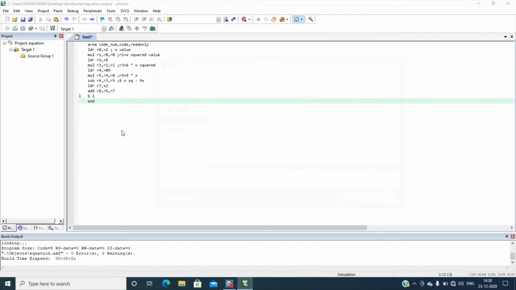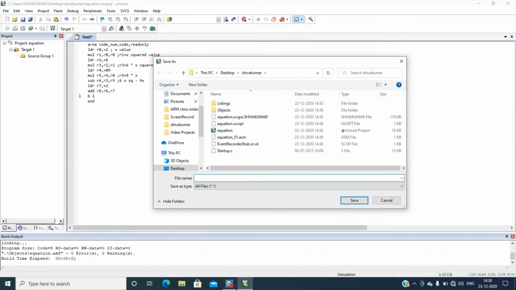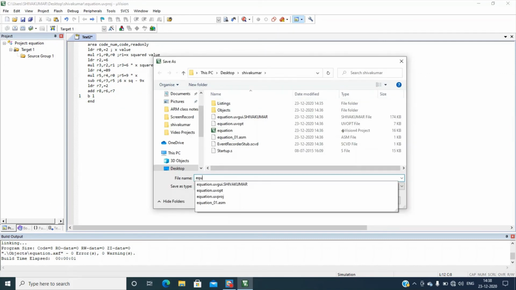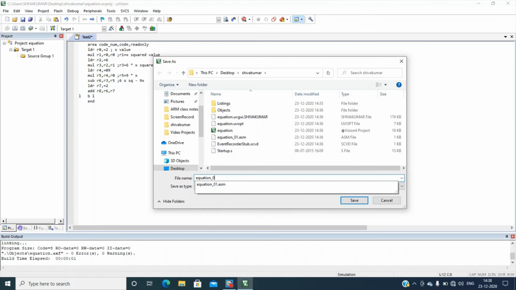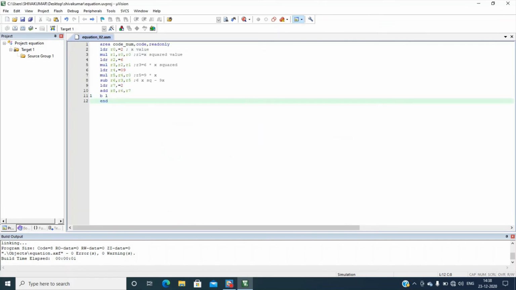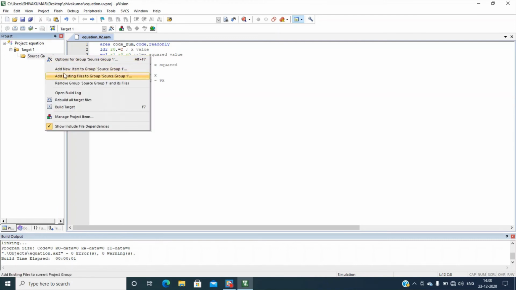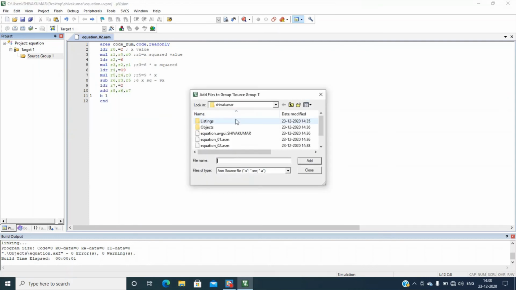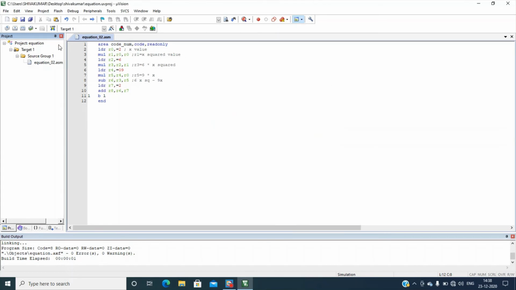Now save it as Equation_2.asm, you should not forget this .asm. Save it. You can see the colors here also. Add existing file to the source group, add this, add, and close that.